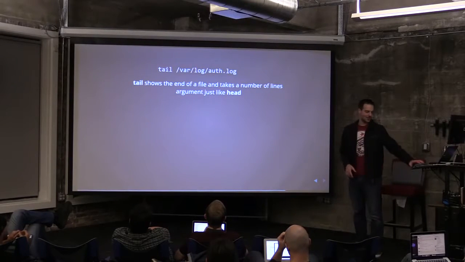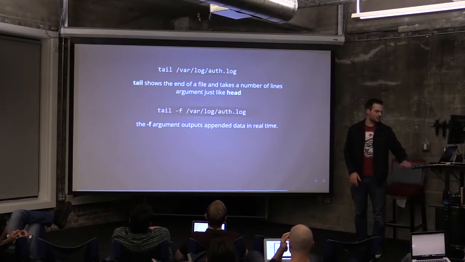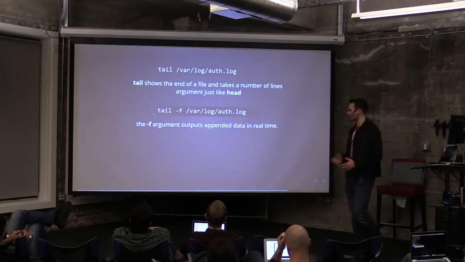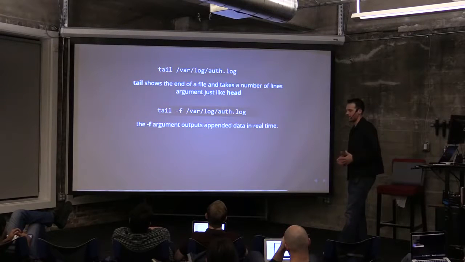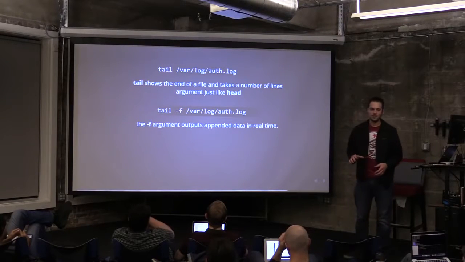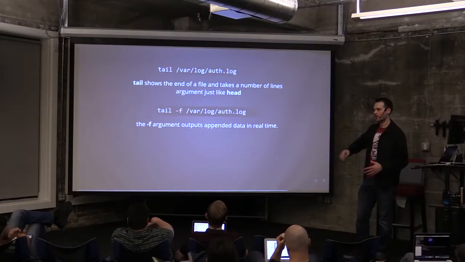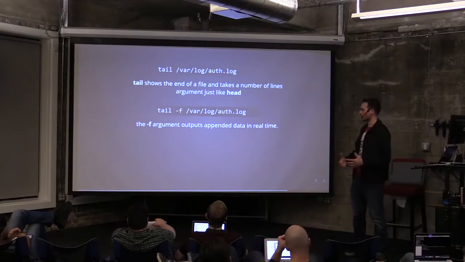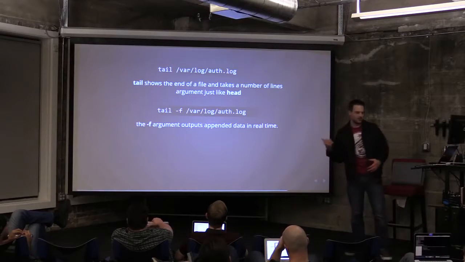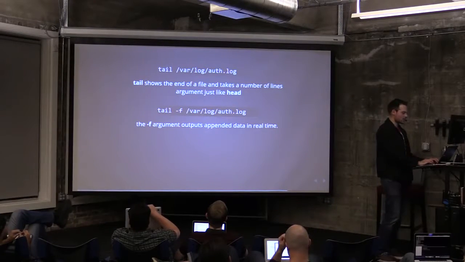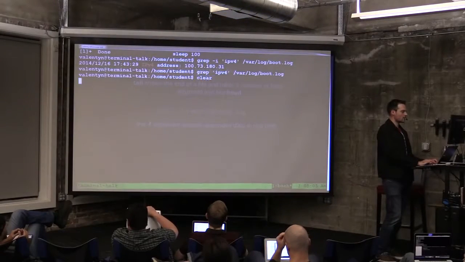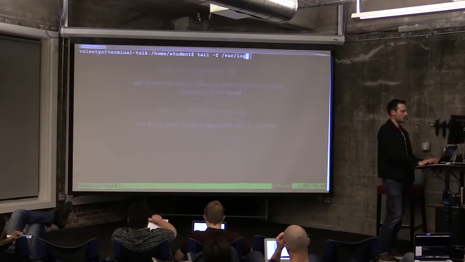But tail does something a little bit different, which you may not expect. If you supply -f to tail, the f stands for follow. And basically, as that file is updated by the system, tail will just show you any new output. So if you have a log file that's being written and things are happening in real time, you do tail -f, and it'll just show you the updates in that file. So if I do tail -f /var/log/auth.log,